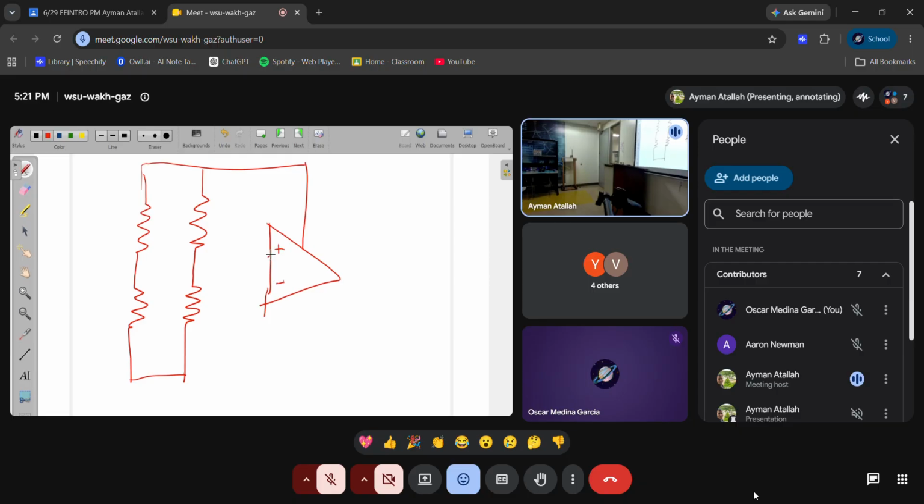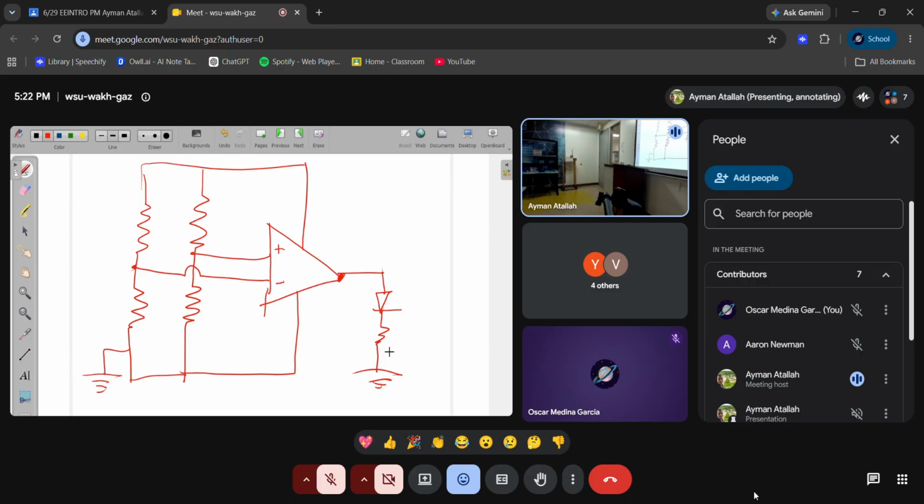The positive, I'm going to connect to this point. The negative, I'm going to connect to this point. This is connected to ground, and this is connected to ground. Okay, and here is the output, and I can connect the output to a light emitting diode and a resistor and the ground. I can connect this to this. If it is ground, that's fine. Okay,